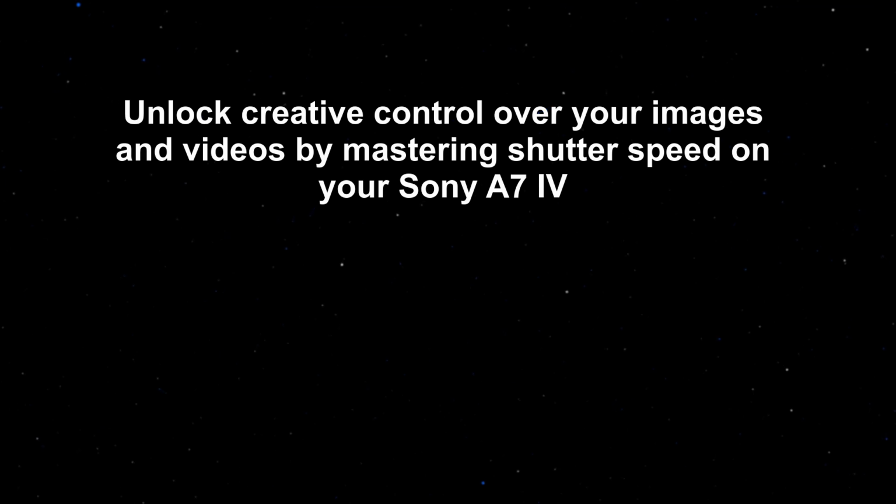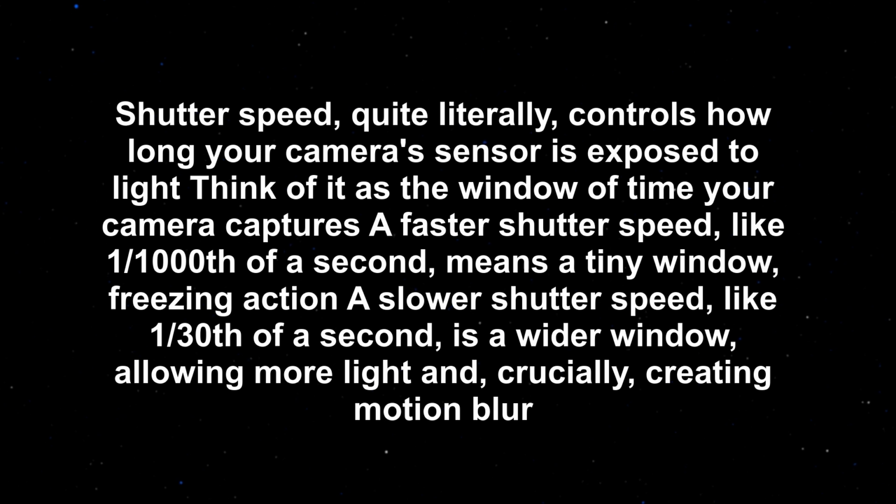Unlock creative control over your images and videos by mastering shutter speed on your Sony A7 IV. Shutter speed, quite literally, controls how long your camera's sensor is exposed to light. Think of it as the window of time your camera captures. A faster shutter speed, like 1/1000th of a second, means a tiny window, freezing action. A slower shutter speed, like 1/30th of a second, is a wider window, allowing more light and, crucially, creating motion